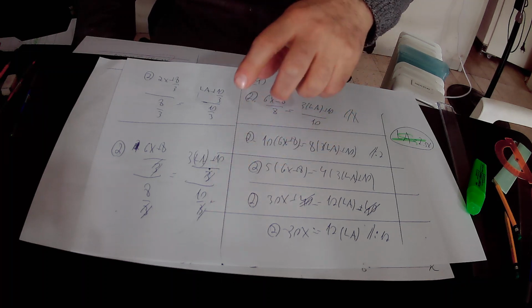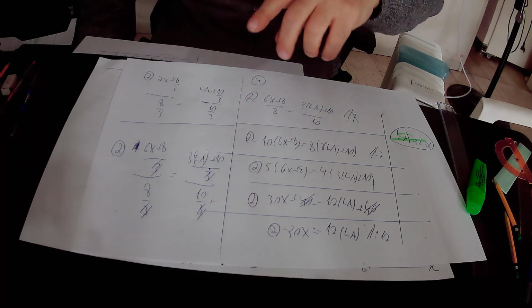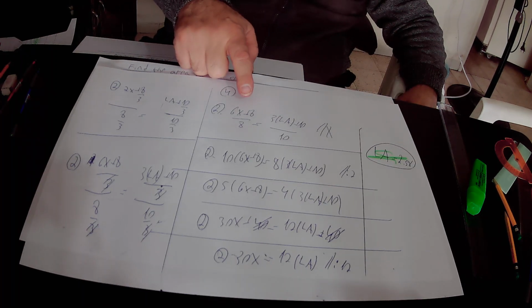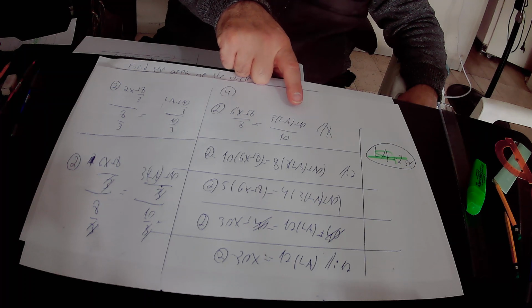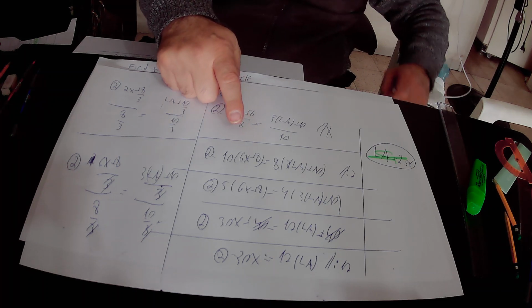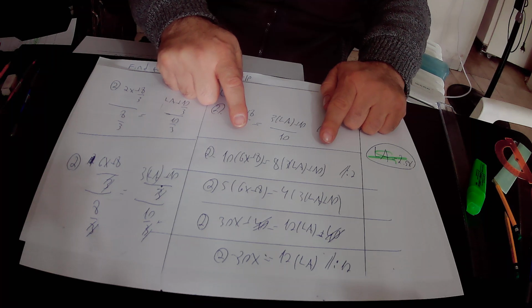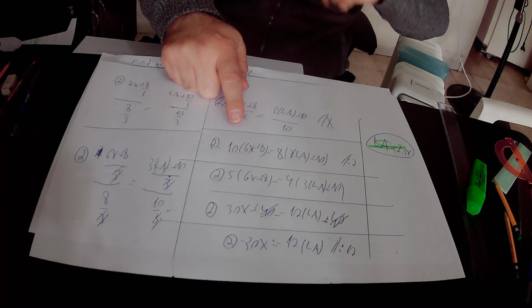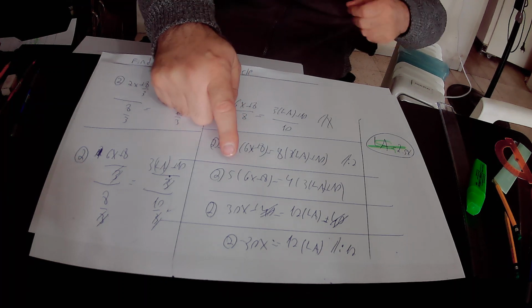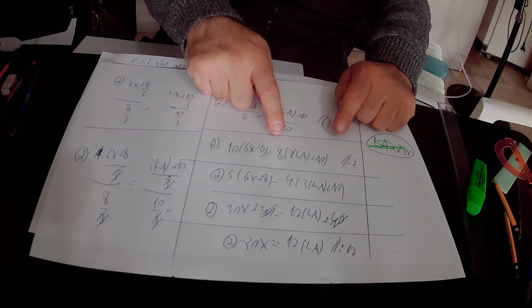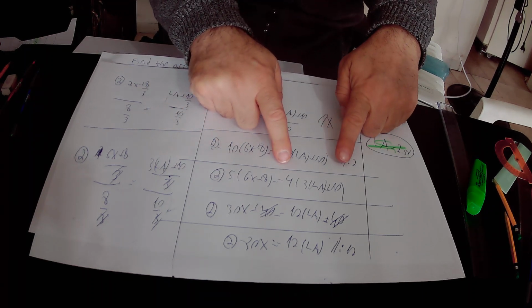So what is left from this equation 2 after we cancel 3 on both sides of the equation? What is left is actually 6x plus 8 over 8 equals 3 times LA plus 10 over 10. Here we cross multiply this equation 2, and find out that 10 times 6x plus 8 equals 8 times 3LA plus 10. Here we divide this equation 2 by 2, and finally find out that 10 over 2 is 5. Inside the brackets we have 6x plus 8, and here we have 8 over 2 is 4,